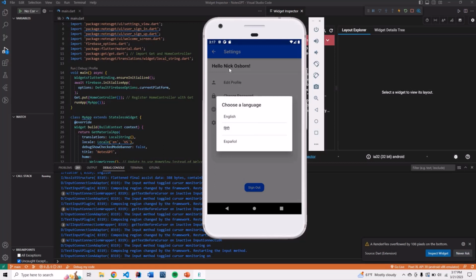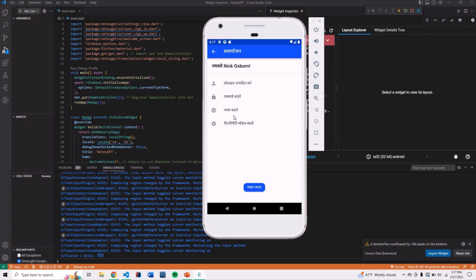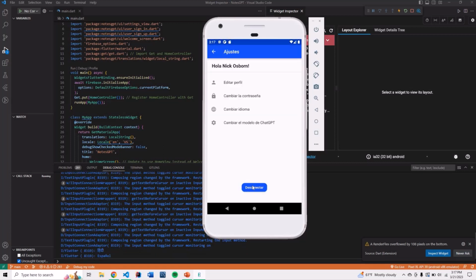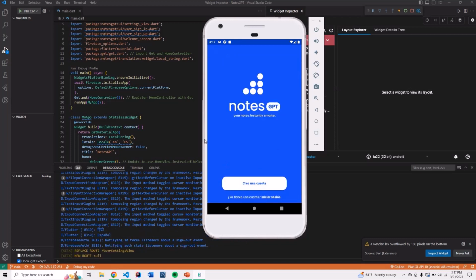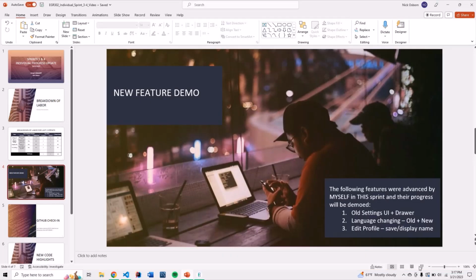If we look back at change language, it keeps the name you wrote, and then if we sign out and go back to this page, you can see everything here is translated as well. So those are the main features I've been working on. And then if we go back to the slides,